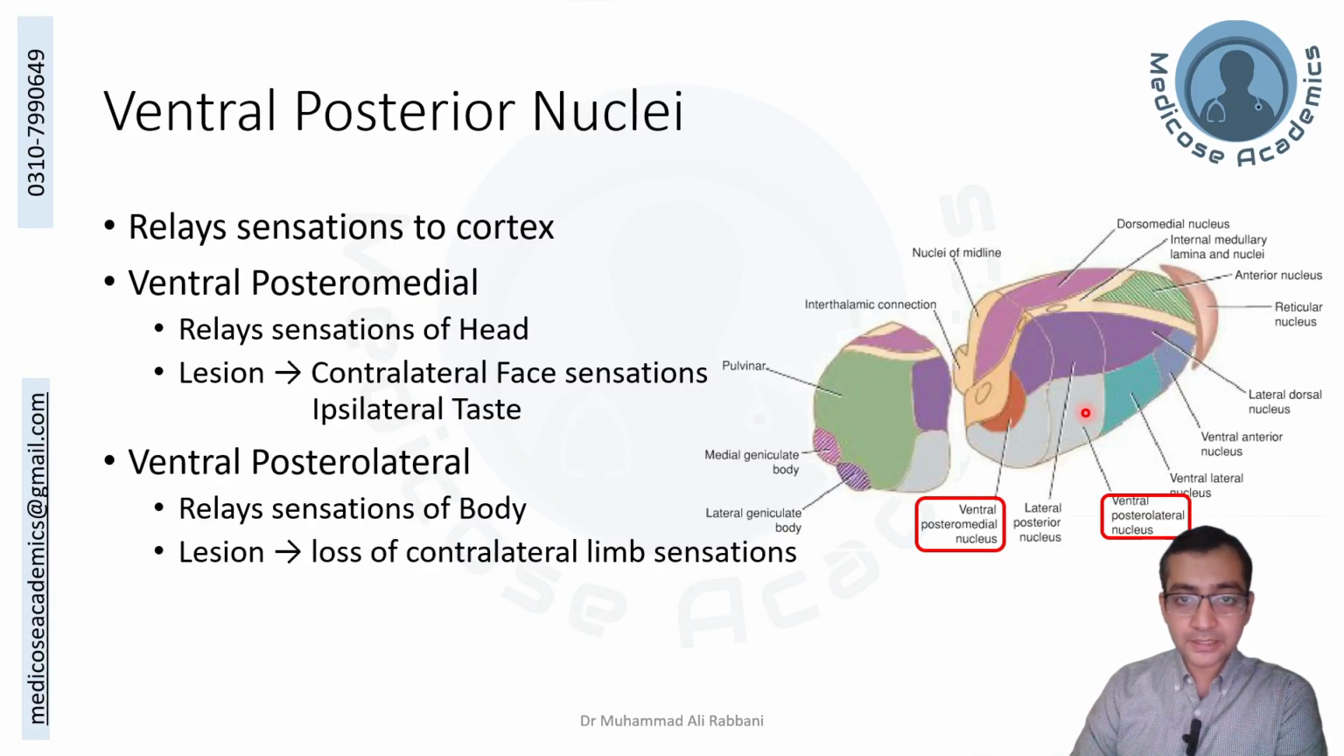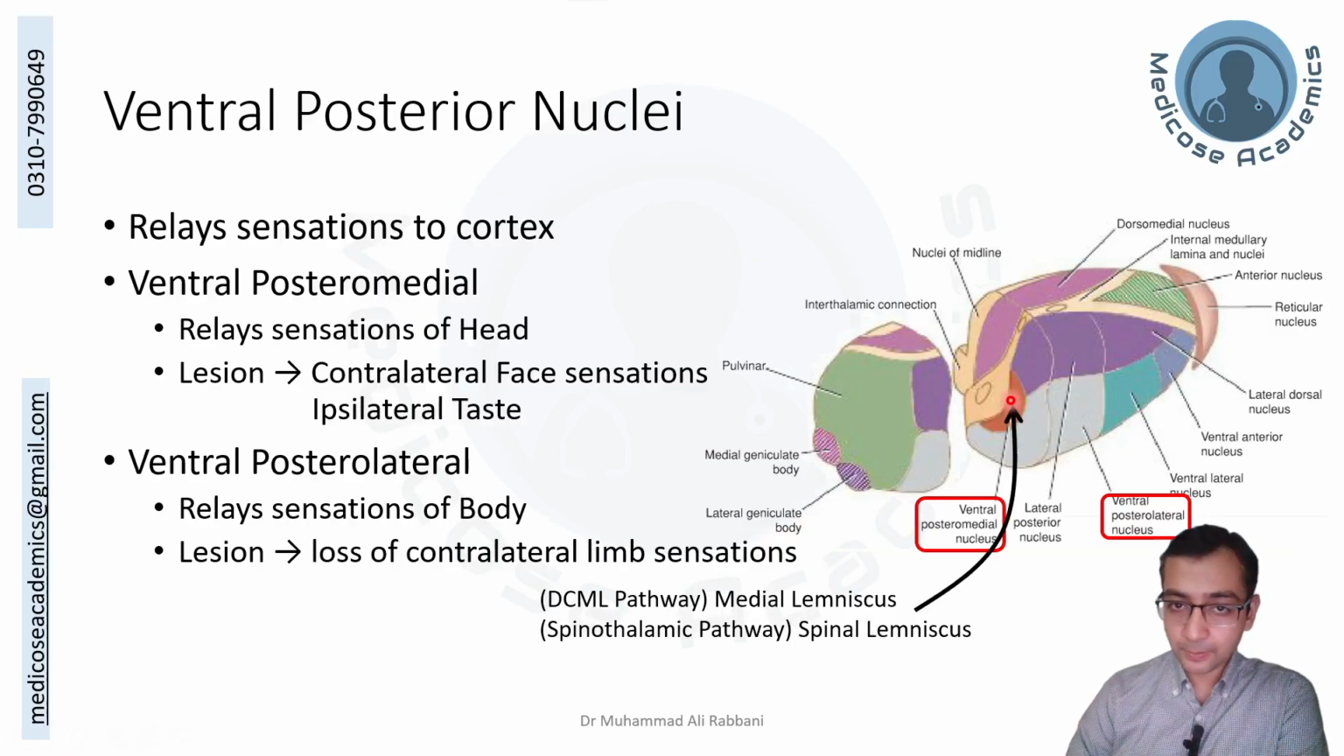and ipsilateral taste, and ventromedial is getting sensations from below the neck, that is from the body, and its lesion will lead to the loss of sensation from the contralateral limbs. So the ventroposteromedial gets its signals from the medial lemniscus of the dorsal column pathway and the spinal lemniscus of the spinothalamic